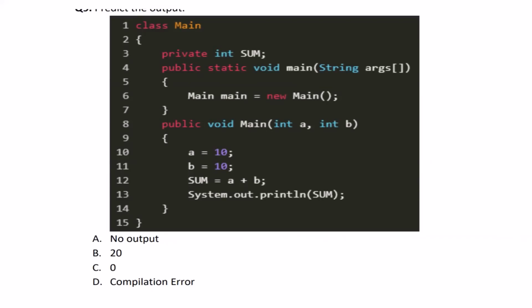Okay, so we have this question. This question is important because we can see private is declared here, and we have public static void main here. Public static void main is also written here. So in this case, what will happen? The control will come only here and control will not come here. Since control will not come here, a equals 10, b equals 10 are of no value, no sum will be done and no printing will be done. So the correct output would be no output for this question because control won't ever come to this part.